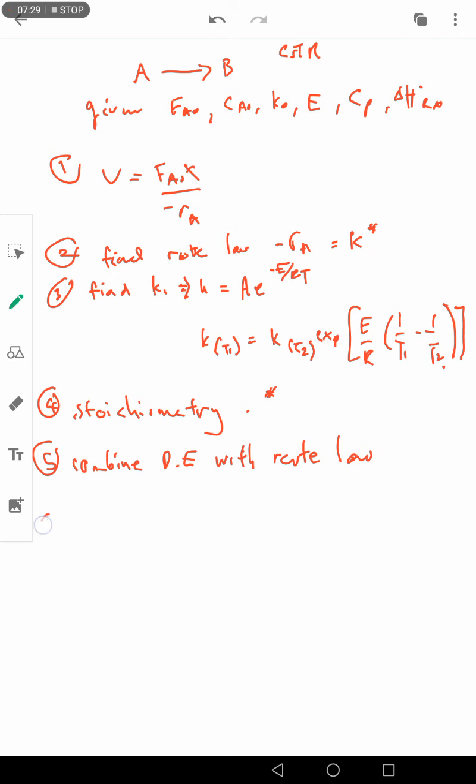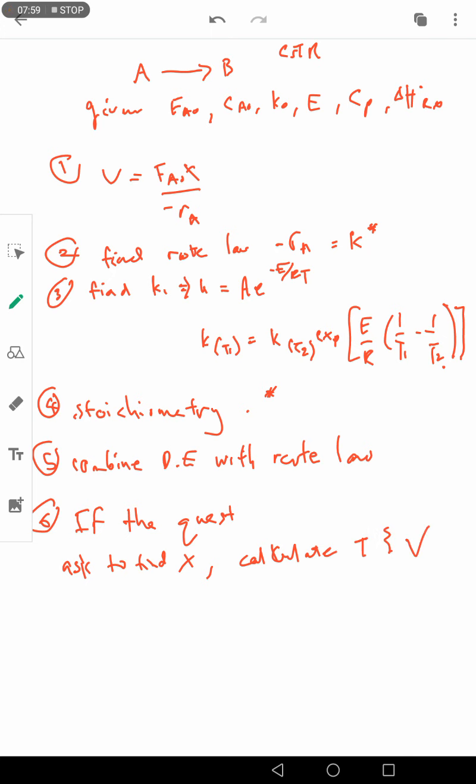Jadi if the question asks you to find X, maksudnya you kena calculate or you have to find or you have to plot, depends